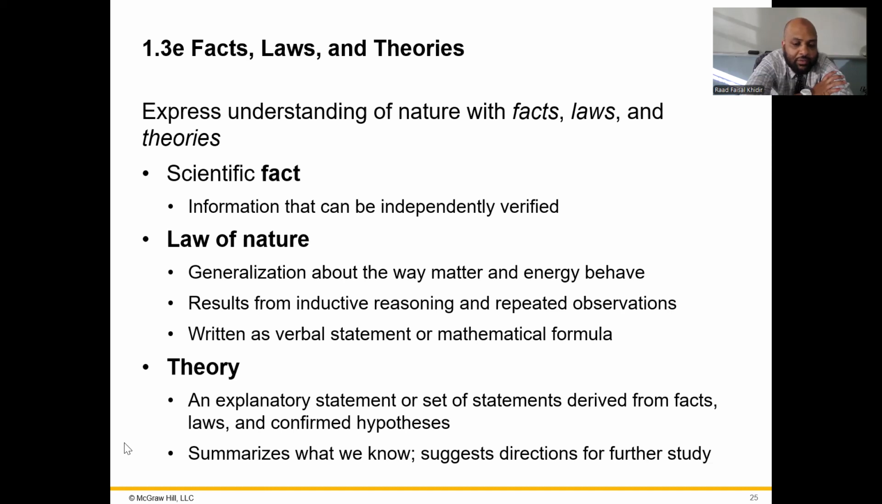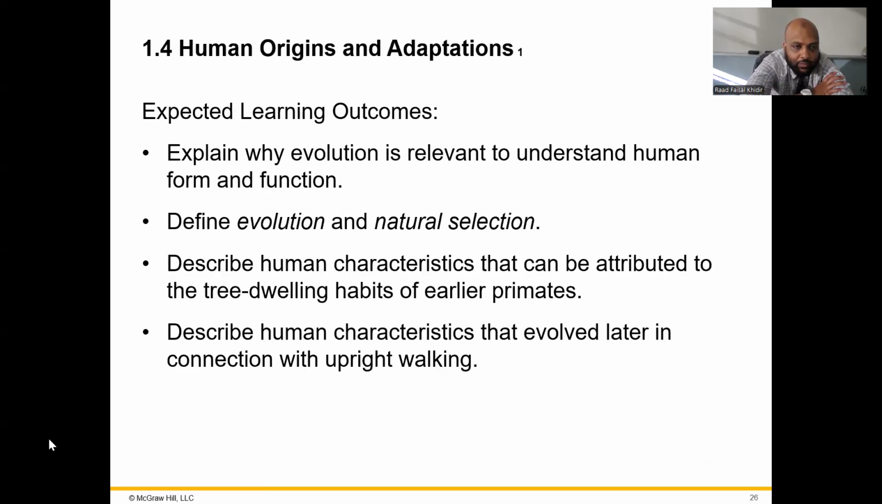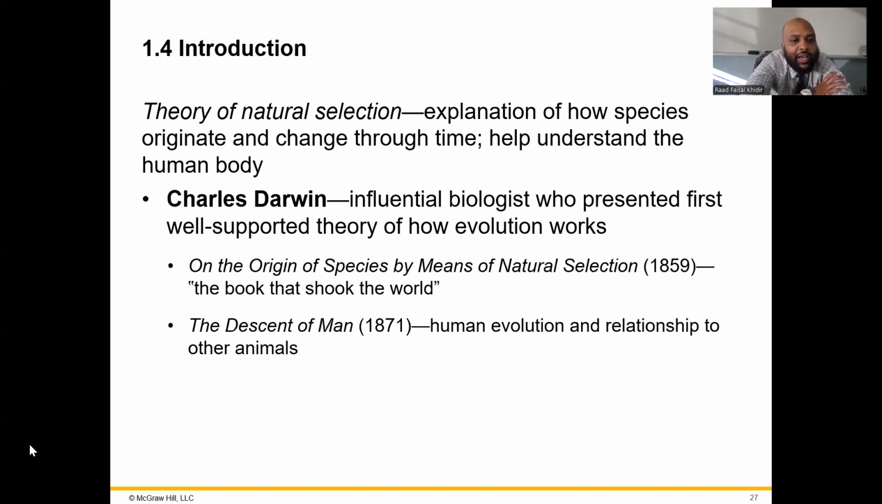So that's the theory. It is an explanatory statement that explains or sets statements derived from facts, laws, and confirmed hypotheses. So the law of nature is a generalization about the way the matter and the energy behave. Okay, so what is natural selection? That's a very important thing to understand. So the theory of natural selection is an explanation of how the species originate and how they change through